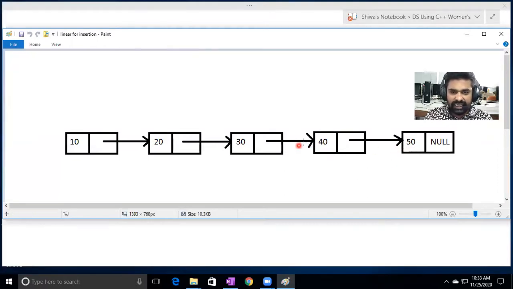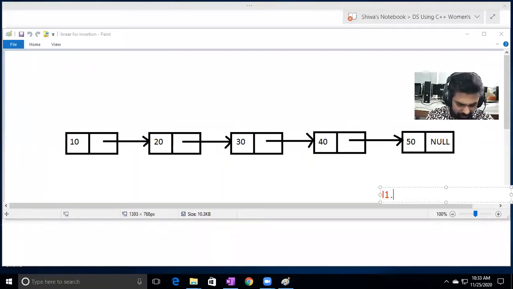Which position's node do we want to remove? The fifth position's node. So L1 dot remove of 5 we are giving. So this fifth node has to be deleted. We have to come up to this fourth node, position minus 1.